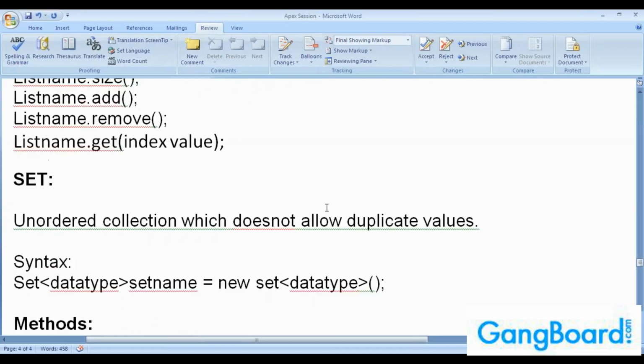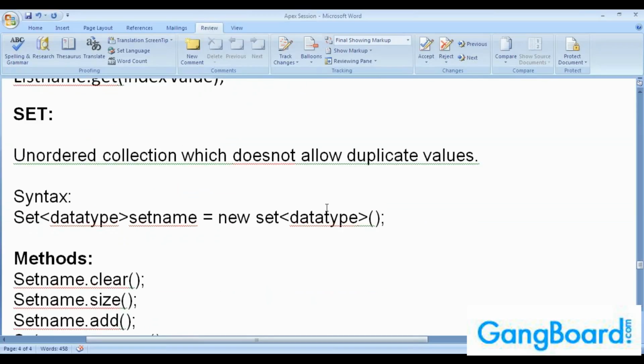The same way, the next collection comes: set. List is actually an ordered collection. Our set is an unordered collection. That is the only difference between list and set. And one more thing is, our list will allow duplicates, but set is actually unique. It will not allow any duplicate values. So